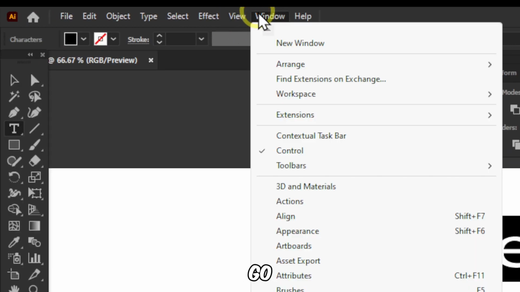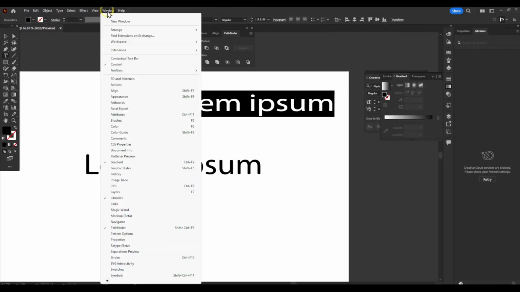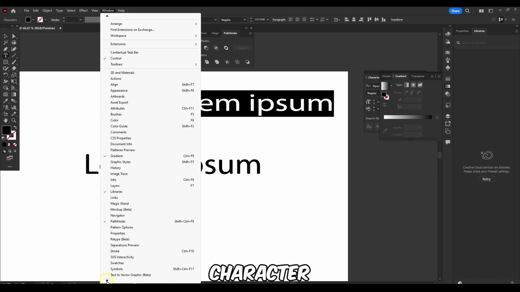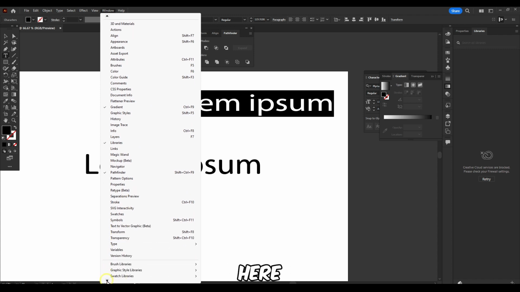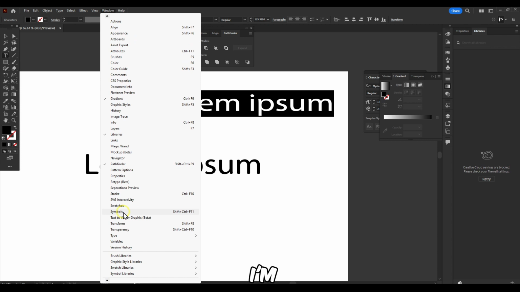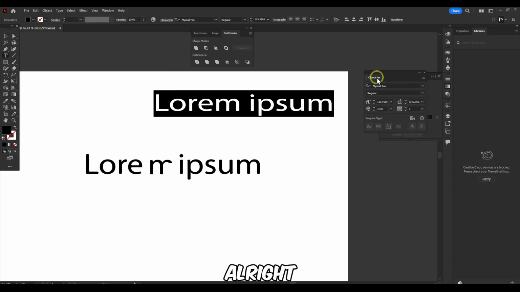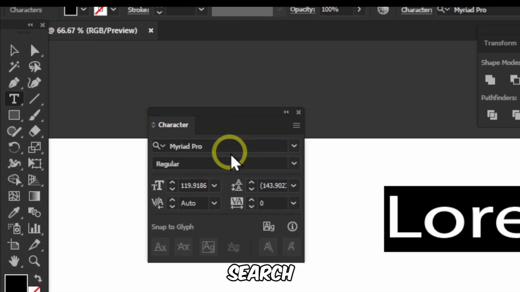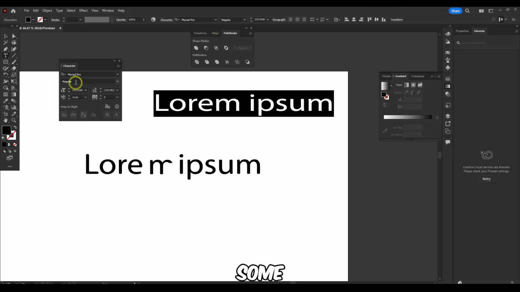Now you can also go to Window here, go to Window, and then just look for Character. I'm going to click here, and then I'm going to find Type and then Character. All right, and here with this Character panel we can also highlight, and then search for some font we'd like